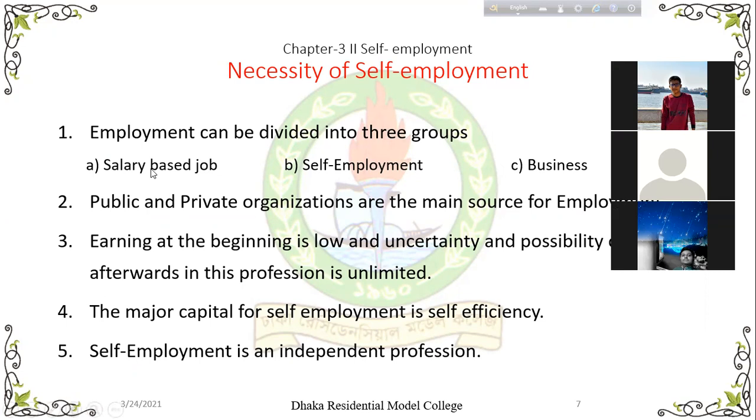Okay, তাহলে কর্মসংস্থান এটা 3 প্রকার হতে পারে। There are 3 types of employment. What are they? Salary based job or wage based job. Number 1, কারো অধীনে থাকা। যেমন আমার কোনো বস আছে।